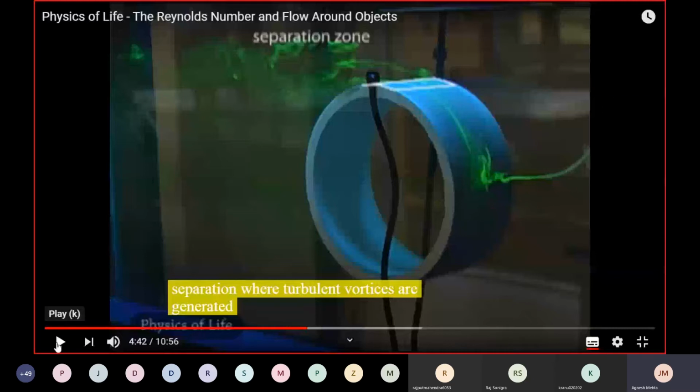There is a forward stagnation point on the right hand side, where the velocity almost reaches zero. Then the flow initially is laminar, and a rectangle kind of thing is drawn here, and you can see the separation taking place, right? Here the separation is taking place. It's not remaining attached to the periphery of the cylinder. That is what separation is. And you can see the vortices or eddies being formed on the rear side of the cylinder.